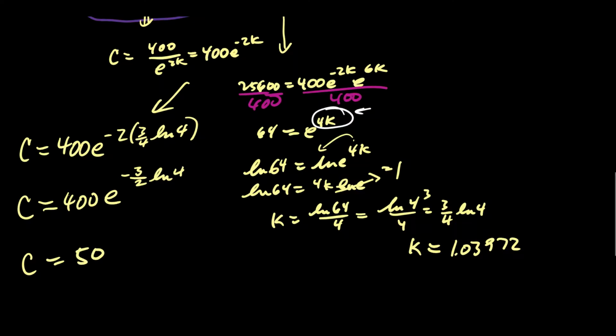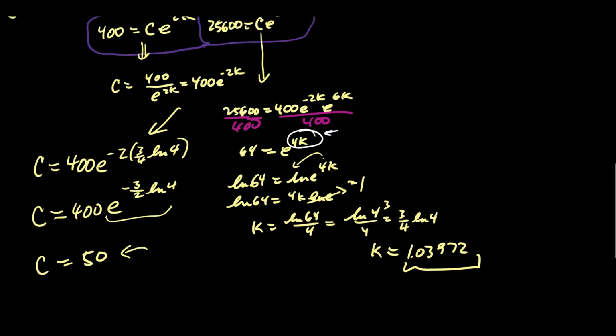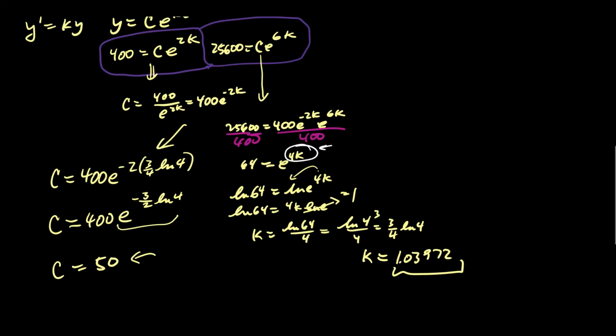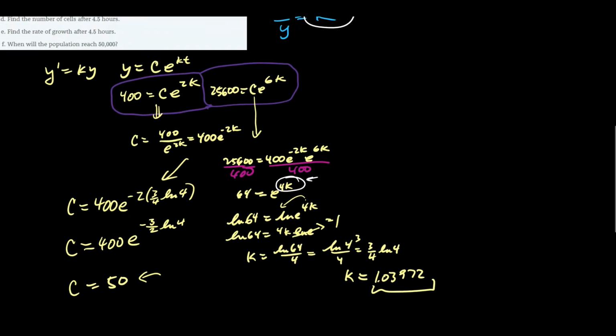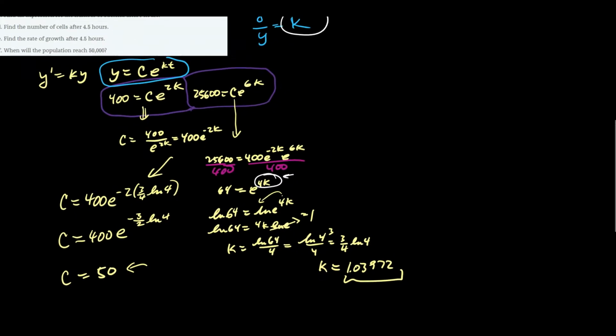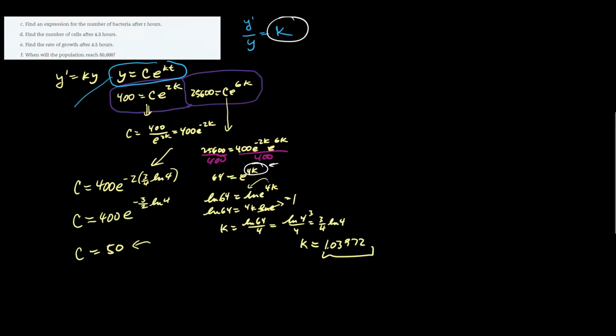So if you don't approximate it here, then this answer is more precise, and so is your function. So your function, well, that's part of the function. If we go back up, the function was C e to the kt. So we're going to plug in both of these values and get what we need. I'm going to take that down here, and I'm going to get y equals 50 e to the kt. So you can write it as